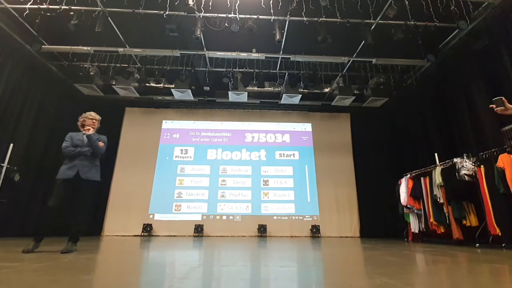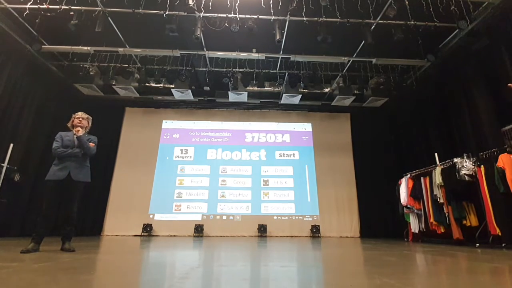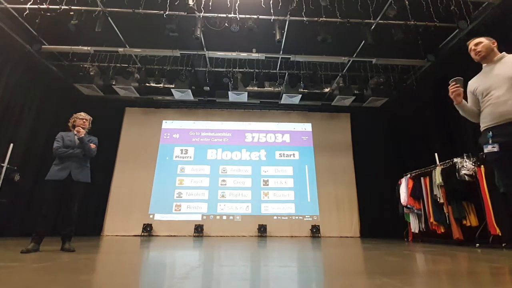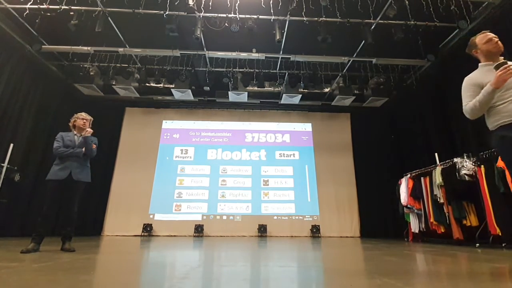I think the key with this is it's got loads of different game modes on, which are really interesting. But all the game modes require everyone to participate, and the best thing about it is that participation. Like Bamboozle, where you get the grid up and pick a number, you get the wallflowers sat back who don't really need to get involved. With this, everyone's playing against everyone, which I guess you are on Kahoot, but it just makes it a little bit fun with the game modes. Yeah, students do really like it.